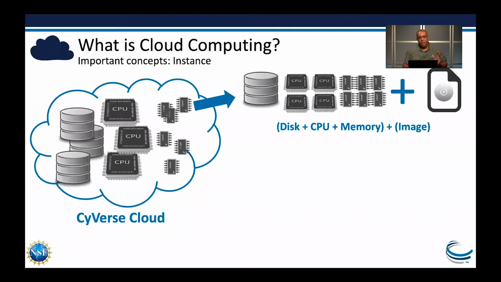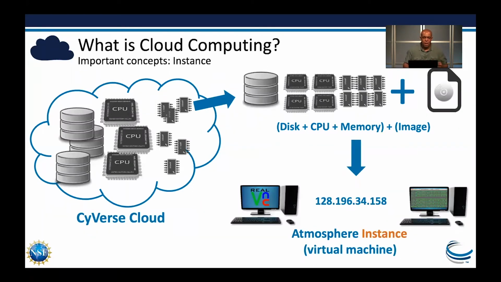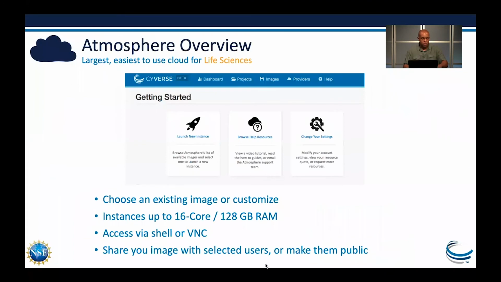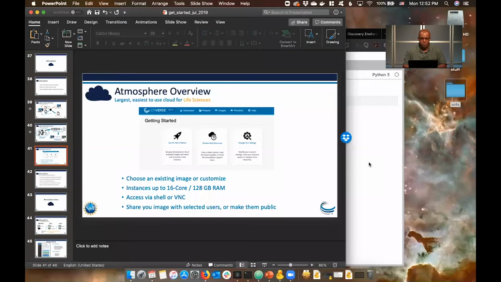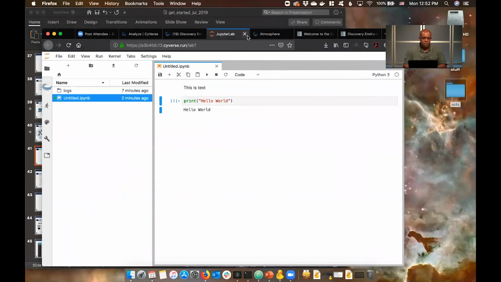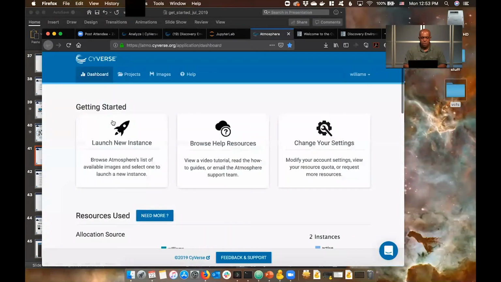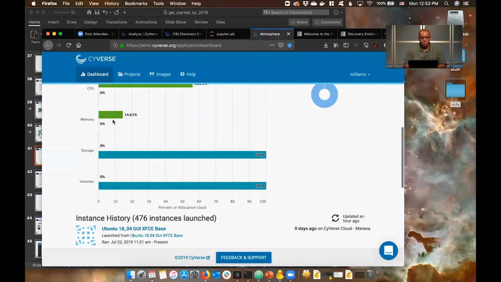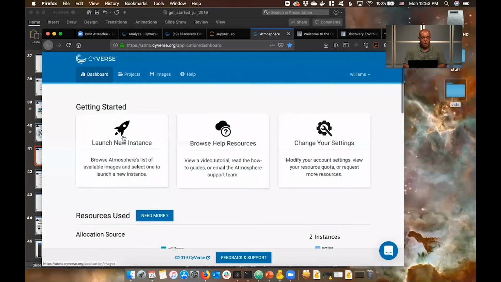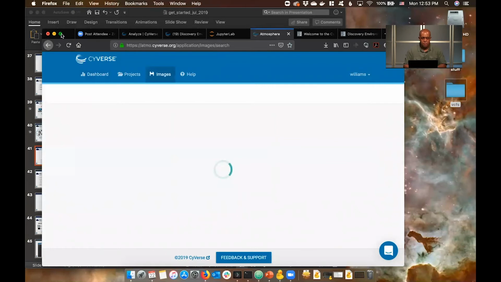But once you take that allocation and you launch it, then you have what's called an instance, and that is what will be available to you as a user at an IP address. So you go into Atmosphere, you choose what you want, and within about 15 minutes, you have access to it. Let me show you how that works in a very short demo. You could access Atmosphere from the CyVerse homepage. Once you're in, it looks something like this, where you see a desktop of your history. If I go ahead and click Launch New Instance,